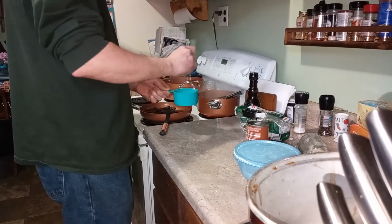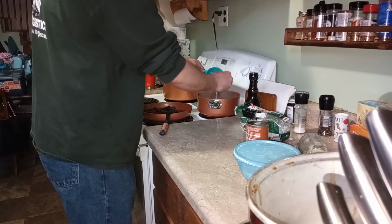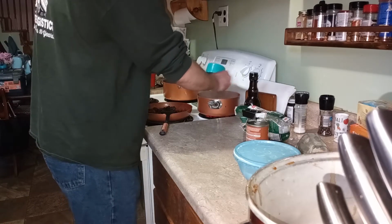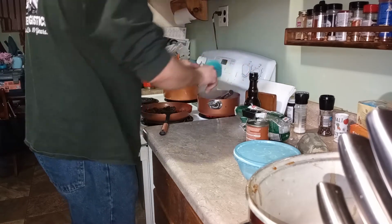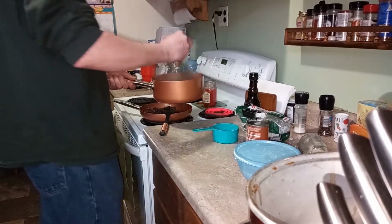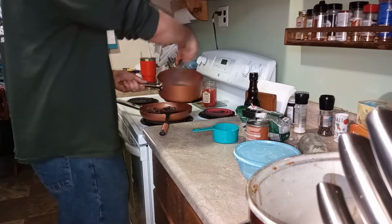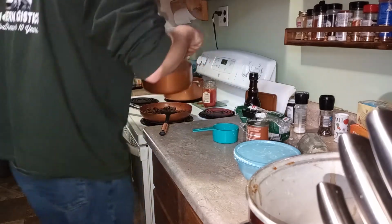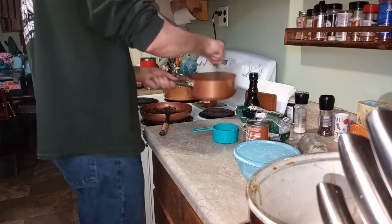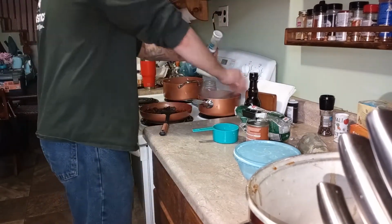Now I had that gravy on high, and that instantly thickened up as soon as I put it in there. You'll see right here, I turn it off and take it right off the heat because it thickened up so quick. So you might want to take it off the heat if you're going to make a gravy like that. Now, there I am just stirring like crazy,